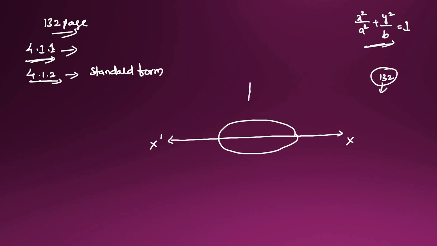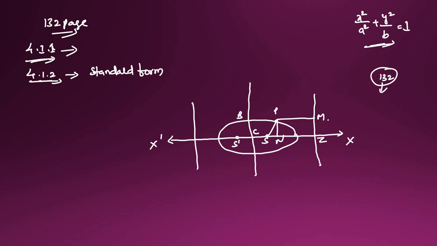Here I draw some important lines. One directrix here and the other directrix here, so there are two directrices. Here is Z. Some point P is there. From here to here it is M, and here to here N. This is one point, and this is S, and this is S dash. This is the center of the ellipse.